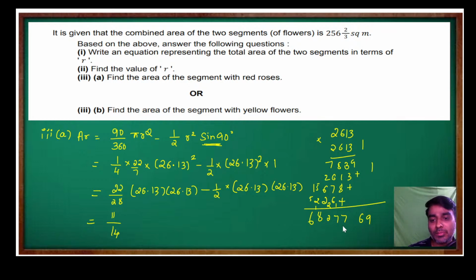See, this is the number. Leave 4 digits and give a decimal point. From the right side leave 4 digits: 1 2 3 4. 682 point, this is 682.7769 minus here also